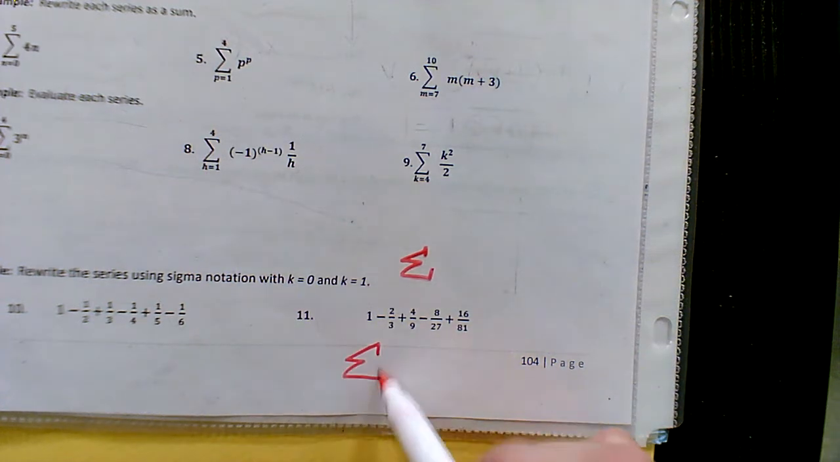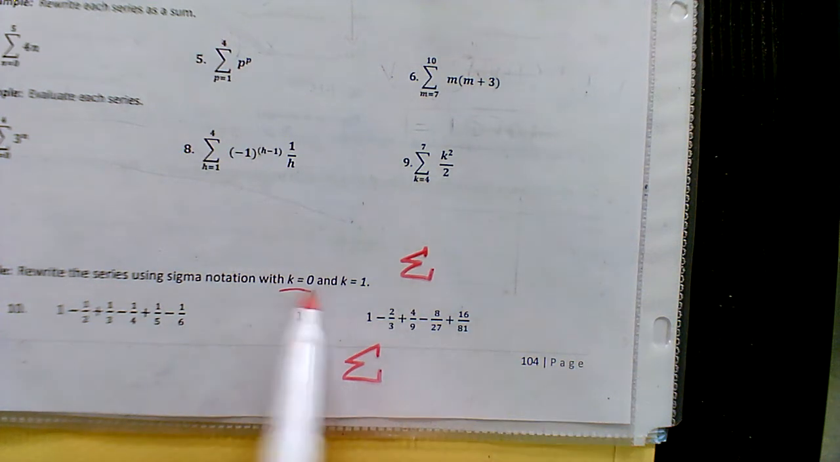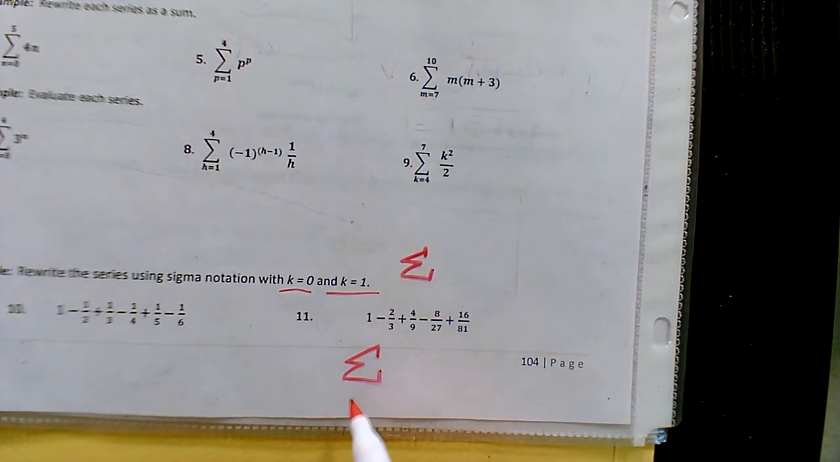And they want us to write two different rules. Even though it's the same series, we're going to write two different ones. Notice how it depends on where we're starting. So for this,